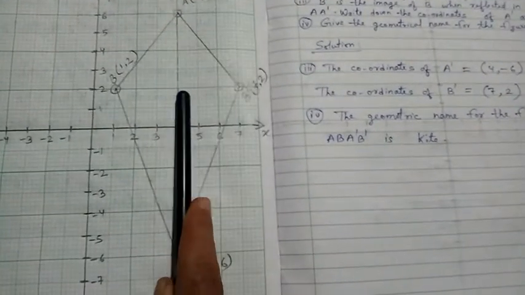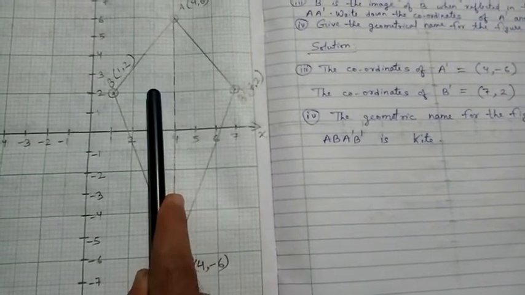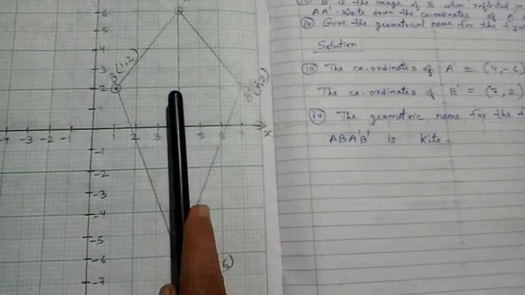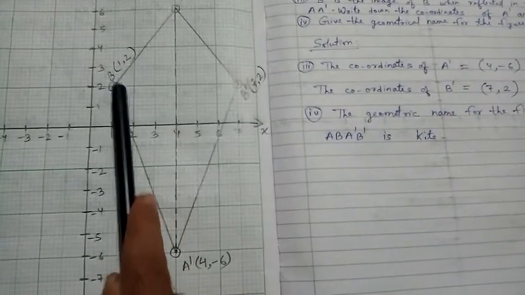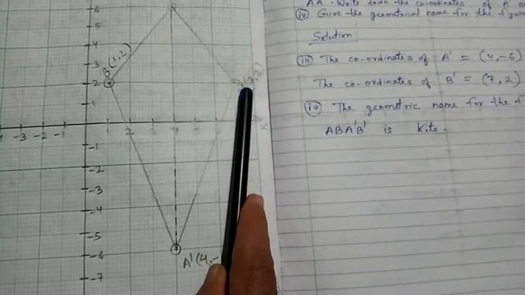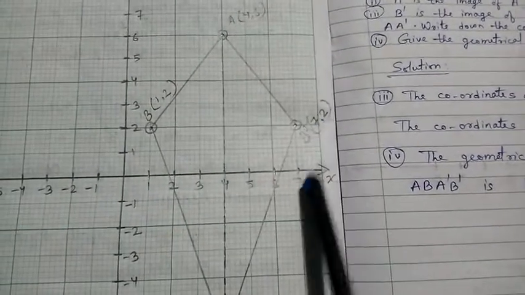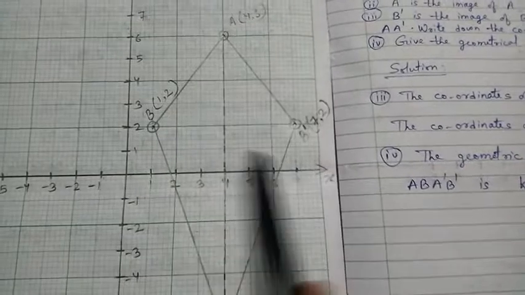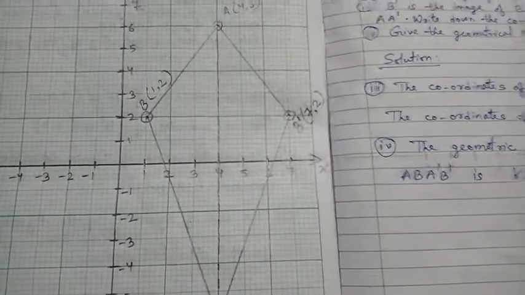So you can first check how many steps further it is there. 1 unit, 2 unit, 3 unit. So similarly it will go 1 unit, 2 unit, 3 unit. Please check, it should be in a straight line. So it will go 3 units back this side. So it has jumped now, and you can check the position of this B dash. It is 7, 2 because x is 7 and y is 2. So that means B dash is 7, 2.